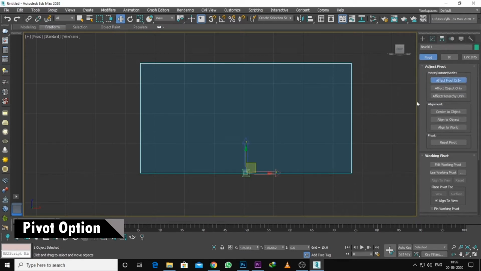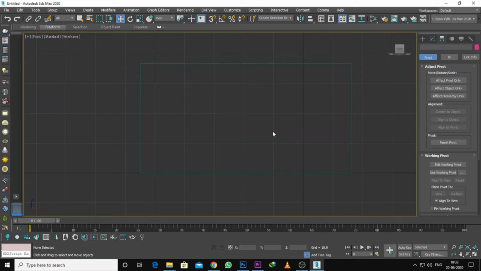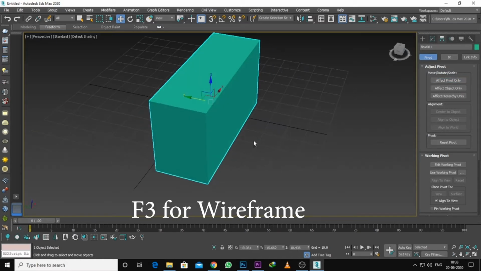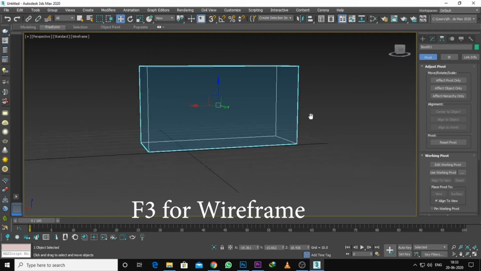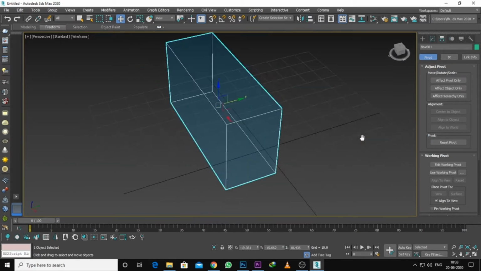Now when you click here, you can move the pivot according to your need, but I need the center of this object, so click Center to Object. Now click here. As you can see, the pivot of this object is at the center of this object.